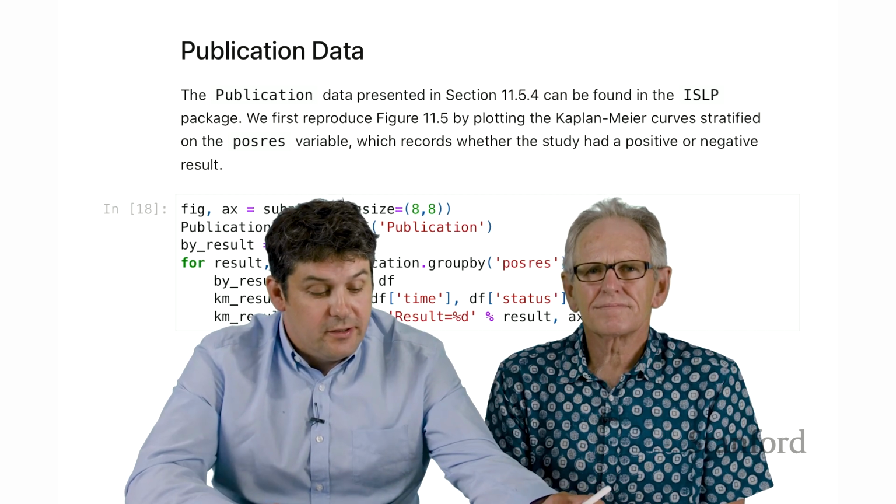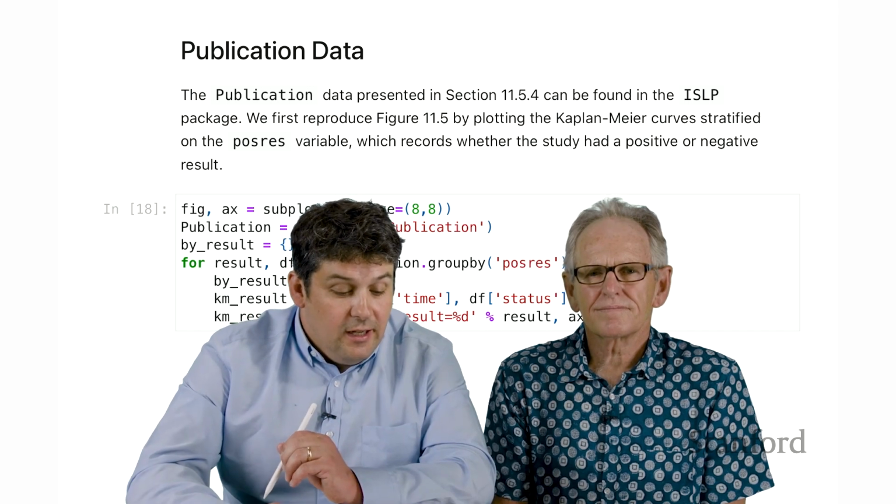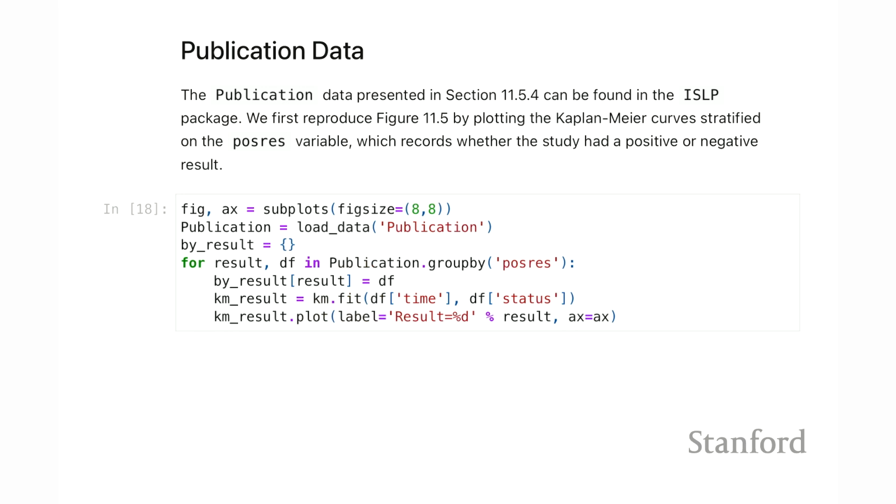And so here we're going to use data that's not actual survival, just how long it takes to get a paper published. Okay, so one of the features we're going to look at is a categorical variable, this pos-res feature. That stands for positive result. So when